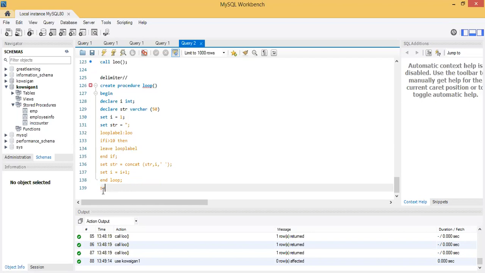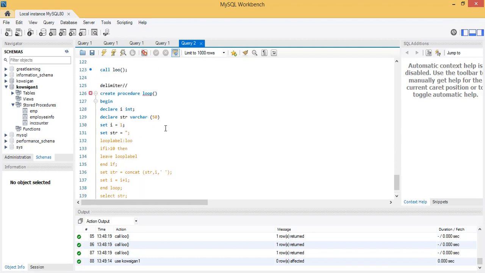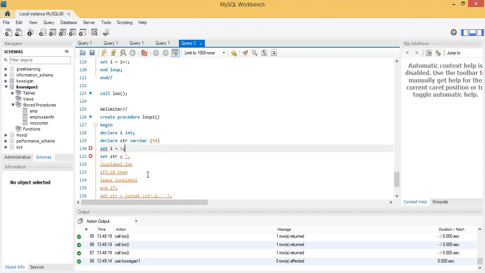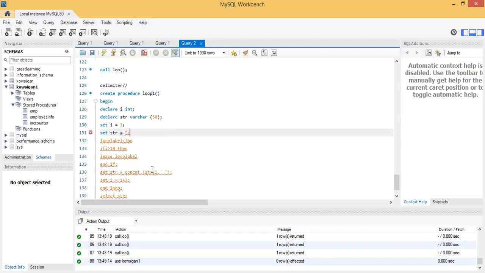then mention it as select str, then end with the delimiter. So now you see here we have created the procedure, and the procedure name should not be loop, so I'm mentioning it as loop1. Okay, so here you can see set I equal to 1. Here I am going to declare a variable, so the semicolon should be mentioned, then here set str equal to, that is semicolon, so that should be mentioned here, and